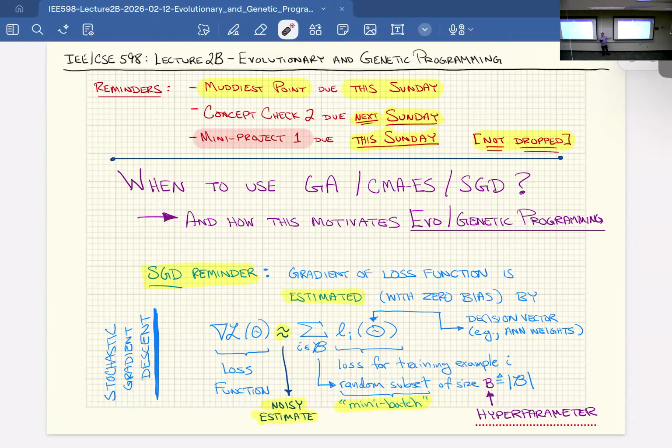So every epoch that you go through, to say I'm going to calculate the gradient, figure a direction, the next time you figure a direction, you choose a different subset. So similar to choosing the number of parents in a GA, you choose the number of training examples you use to calculate that gradient. And it's going to be smaller than the full set. And that sampling, choosing different ones every time, choosing a smaller number than the total, gives you an unbiased, so a zero bias estimate of the gradient that has noise added.